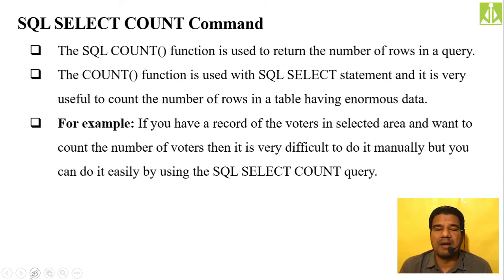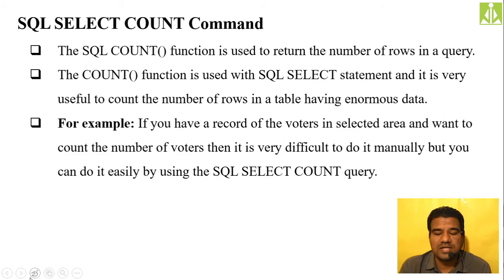So simply what you can do is apply the SELECT COUNT command. Instead of SELECT *, you apply the SELECT COUNT command on a particular column and write your condition over there. So, SELECT COUNT of some particular field FROM EMP WHERE age is greater than 18 years. Or, if you are retrieving the data from the table census, then SELECT COUNT of * FROM census WHERE age is greater than 18 years. It will give simply the count.